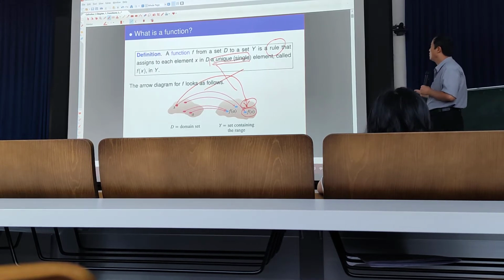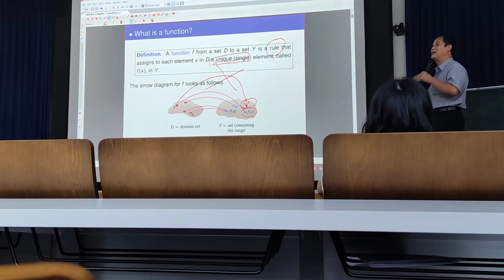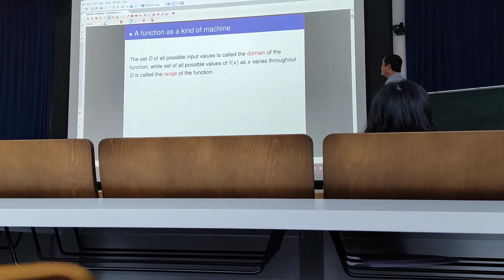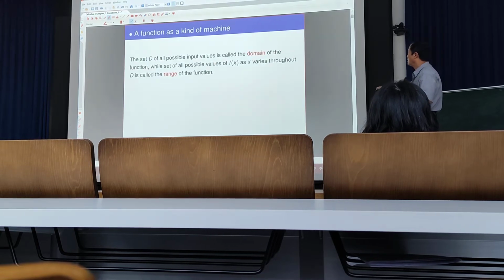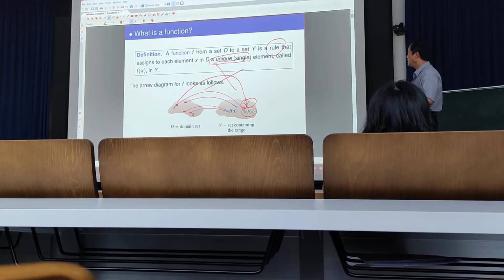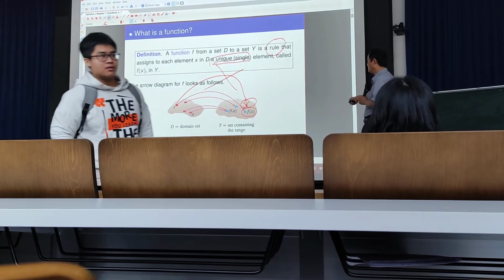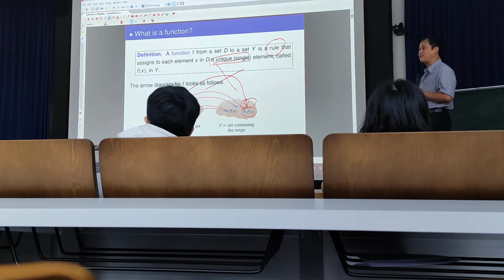Sometimes people use also, instead of rules, a correspondence. Some relationship, some correspondence, some rule. Okay? So, in this case, that domain D is called a domain set or domain of the definition of the function. And when you let x run over D, you have all values of fx, and we call this the range. And fx, in your high school, you call the image of x under f.